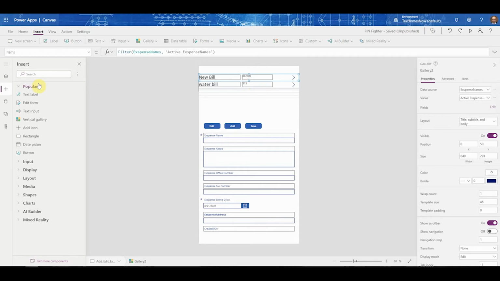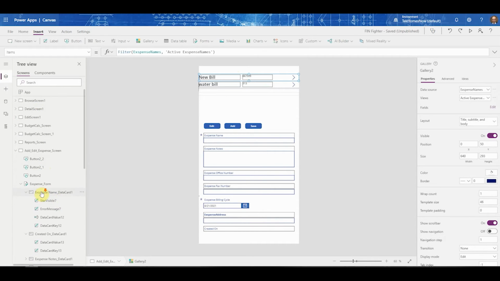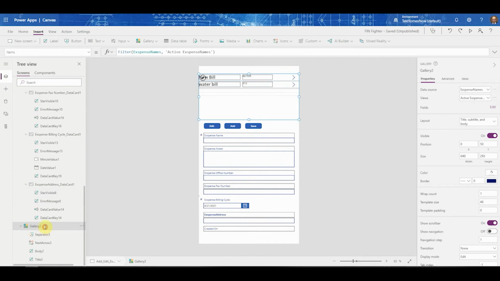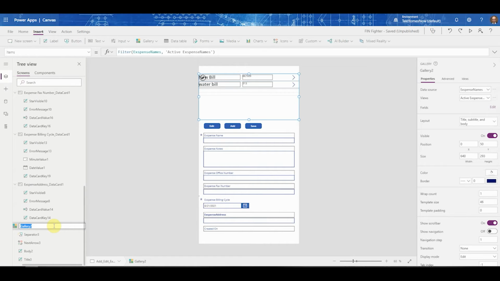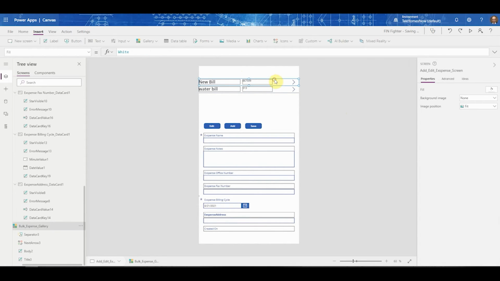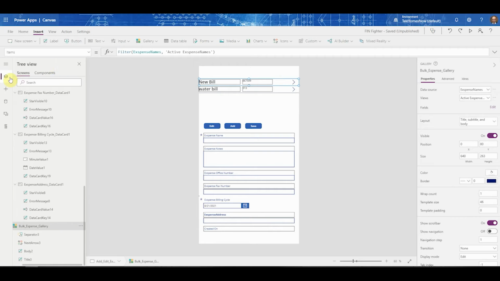Okay, so now if I go back to this gallery, which is bulk expense gallery. And the reason, I mean, we want to make sure you're naming these things because it will run away on you. Okay. And then I'm going to shrink this down a little bit so we still have room for buttons up on top. And then what I'm going to do here is I'm going to say if